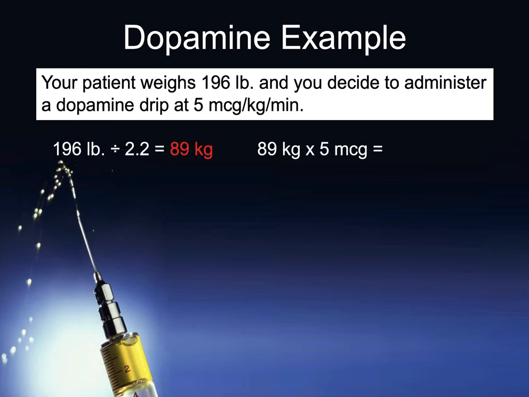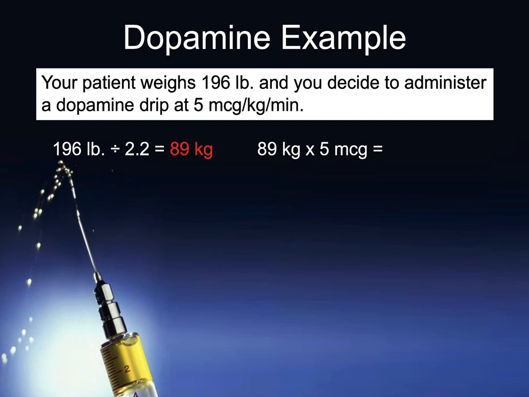So we take our 196 pound patient, we divide that by 2.2, and we come up with 89 kilograms. Now, as you're working through the math, if you came up with 89 and say, I'm going to round this to 90 to make the math simpler, there's nothing wrong with that. For this example, we'll say 89 kilograms,